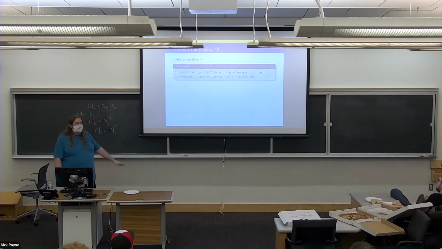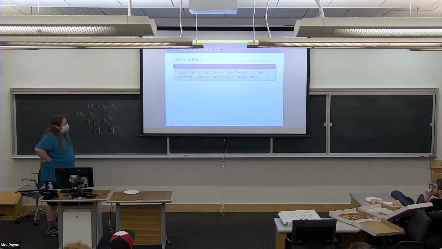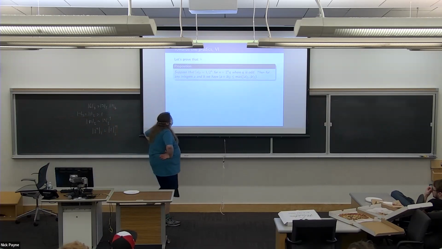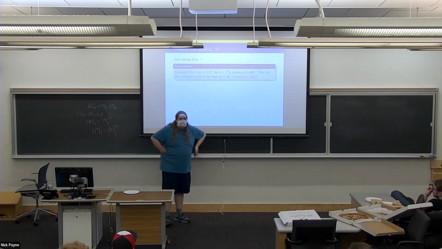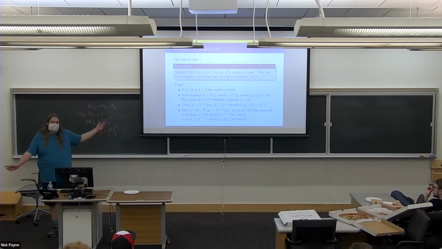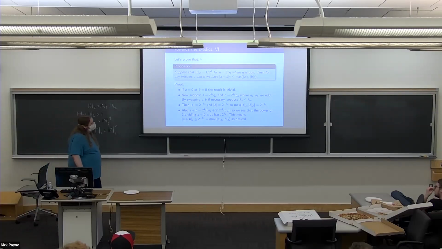All right. So the absolute value function is 1/2 to the k if my number is 2 to the k times something odd. So the claim is actually that for any integers a and b, the absolute value of the sum a plus b is less than or equal to the max of the two absolute values for a and b. Prove it. Well, just factor out the powers of 2.